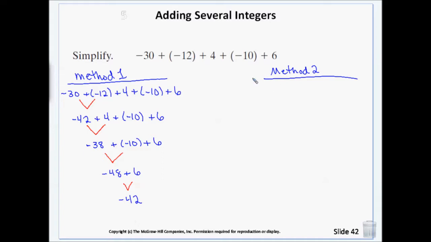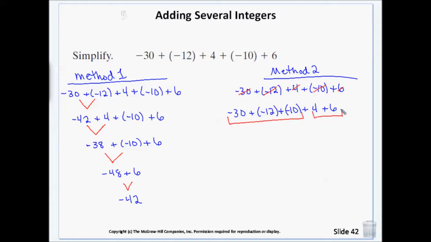The other way to do it is to take that problem and rearrange it. What I'm going to do is put all of the negatives together. So I have the -30, -12, -10. All the negatives are together. And then I put the positives together. And I usually cross them out as I go just to make sure I don't miss anything. And then I'm going to add up all of the negatives and all of the positives